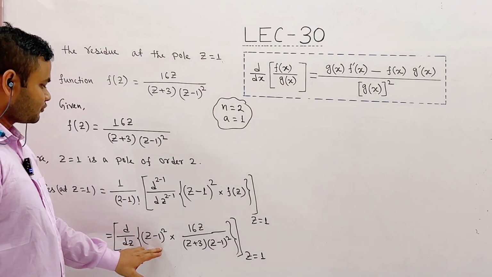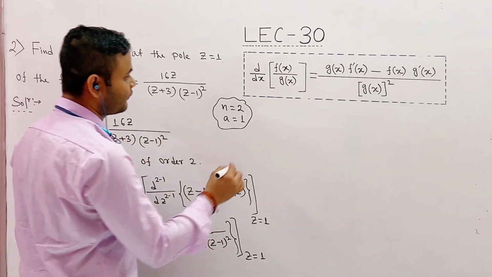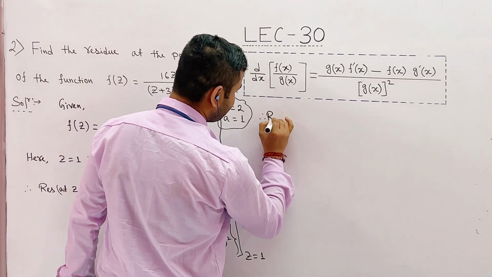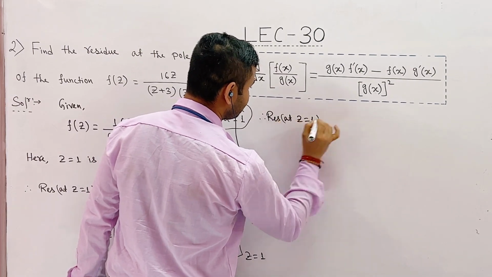Here (z minus 1) whole square and (z minus 1) whole square will be cancelled out. So, finally, we will get residue at z equal to 1 as